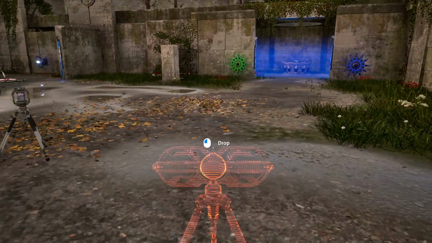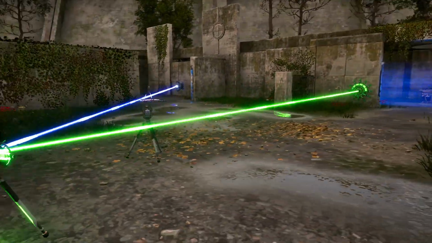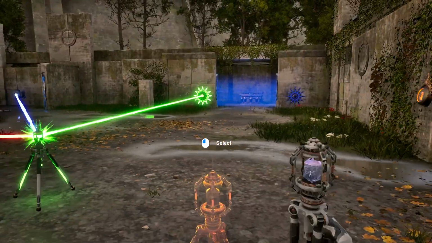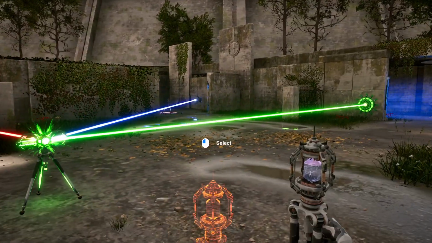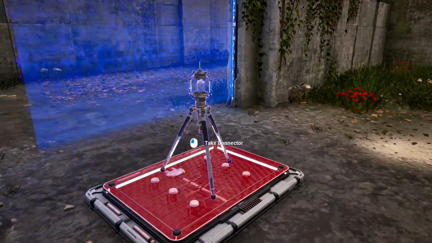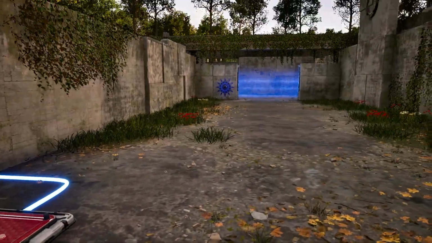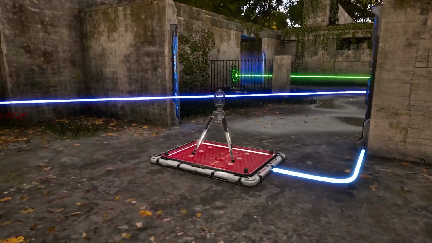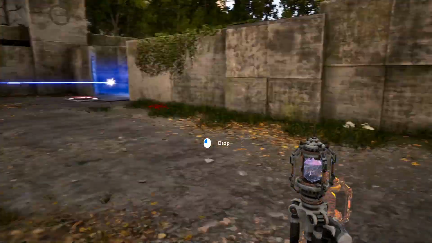Okay, let's do green first. So we'll take these two. There's green. And then what? How do we get blue now? Blue would have to go the long way around, right? I mean, it would have to. We can't get through there without blue. So... Not sure about this, but if we do something like this...